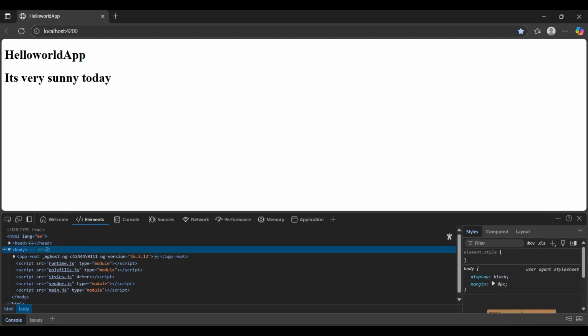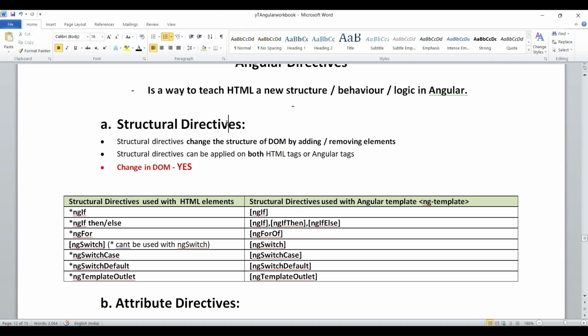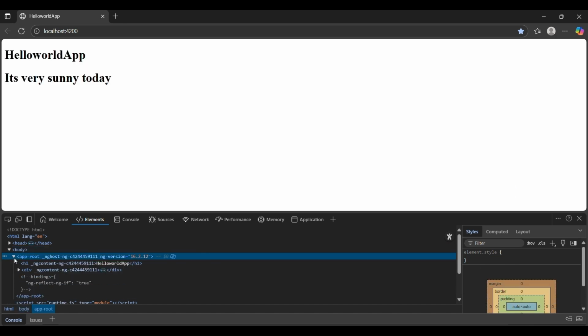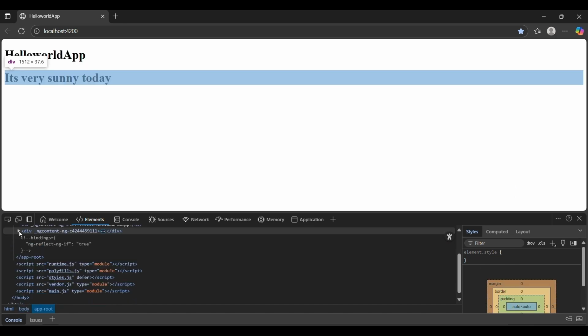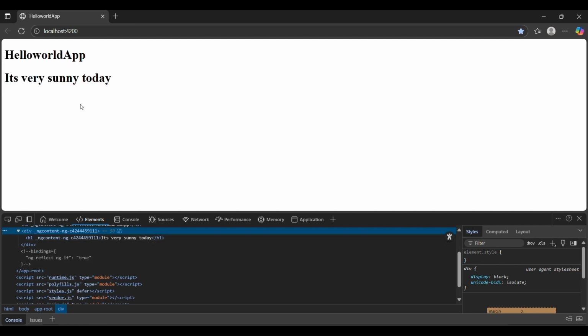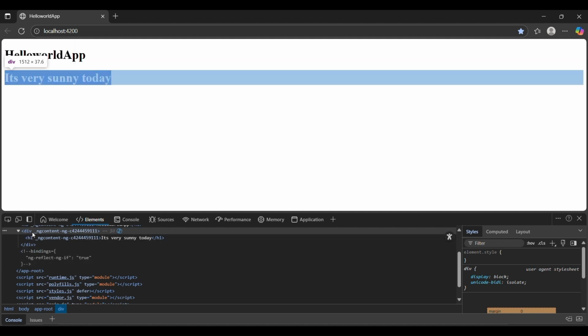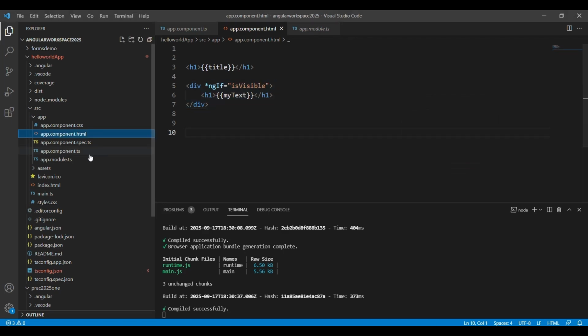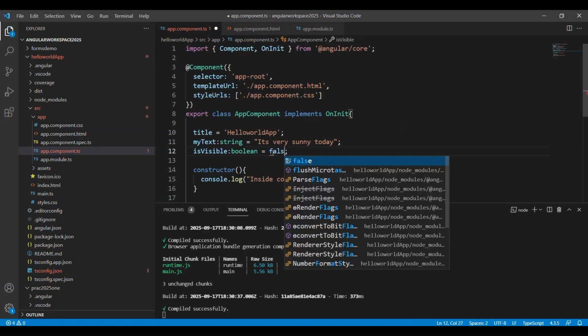You know that, going back to structural directives, they are used to change the structure of a DOM by adding or removing elements. So using star ngIf, we are adding or removing this div to the HTML DOM. If I say true, it's being displayed, so this div is added to the HTML DOM. If I say the value of is visible as false,